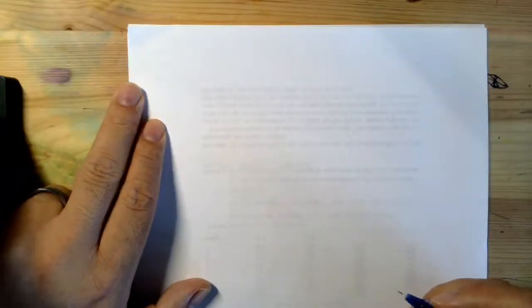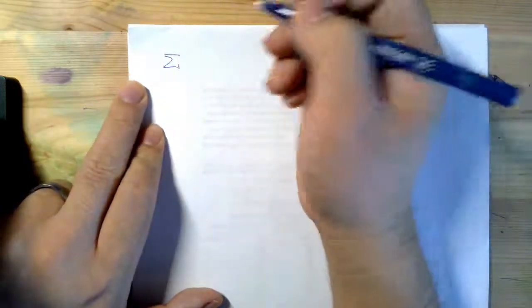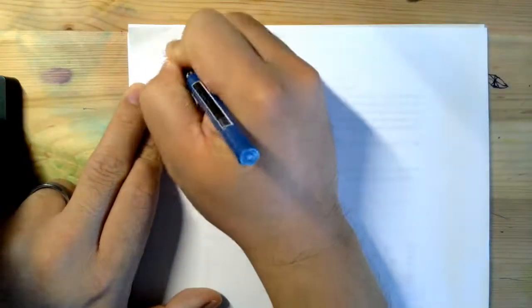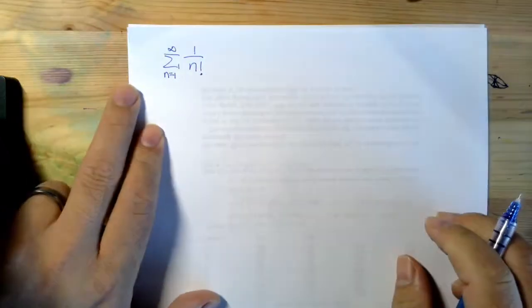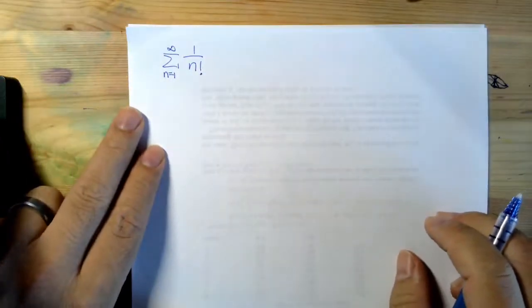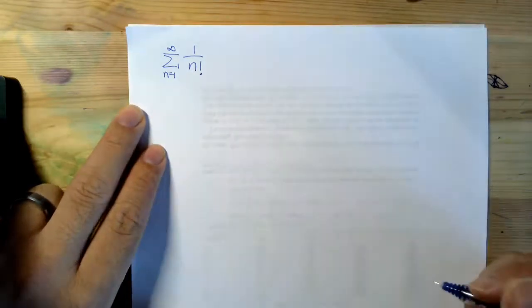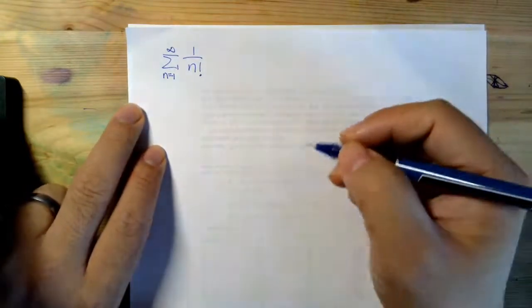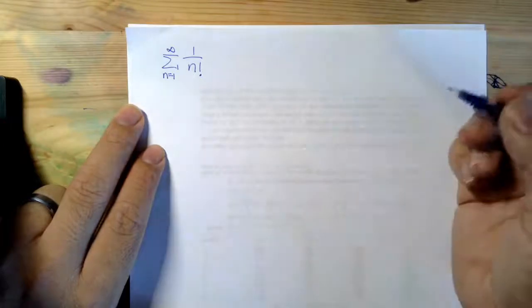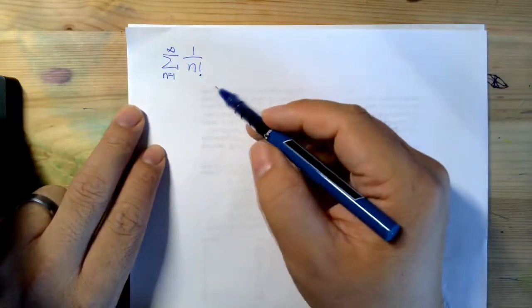Okay, so now let us look at another example using the direct comparison. So this is what I have. I have this series, 1 over n factorial. Okay, 1 over n factorial. Often, to use the direct comparison test, it is not very obvious to see or to construct the comparing series